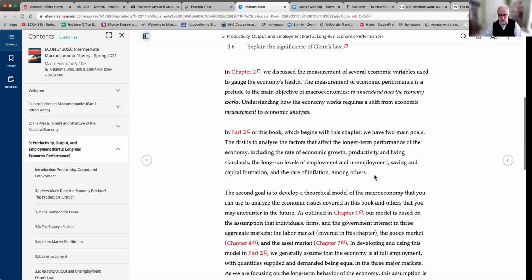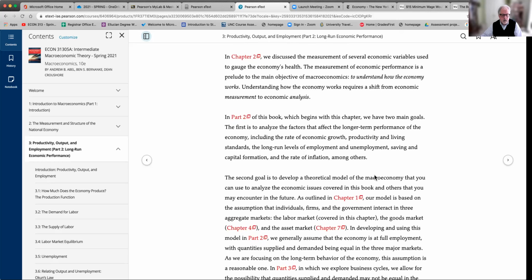The second part is that this is the start of our macroeconomic model that we're going to use throughout the whole semester. From this time forward, we're going to be building a single model that has different parts, right? As it says here, the model is based on the assumption that individuals, firms, and the government interact in 3 different markets: the labor market, which is in this chapter, goods market, the next chapter, chapter 4, and the asset